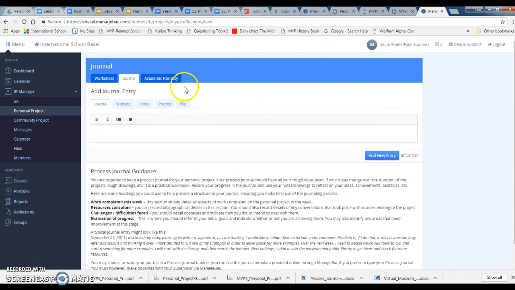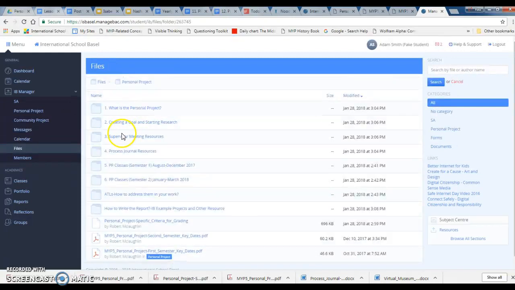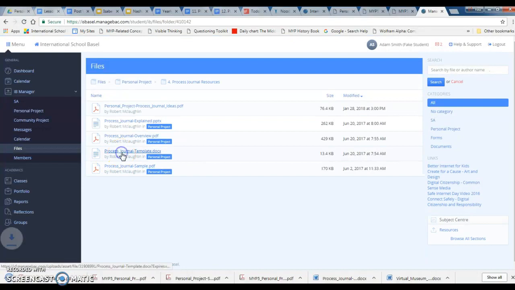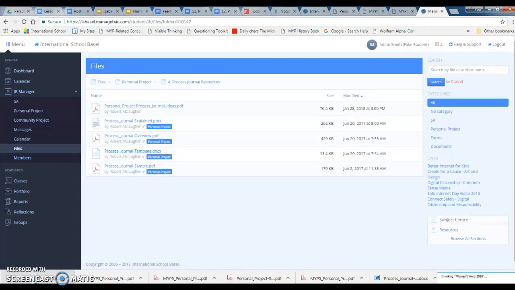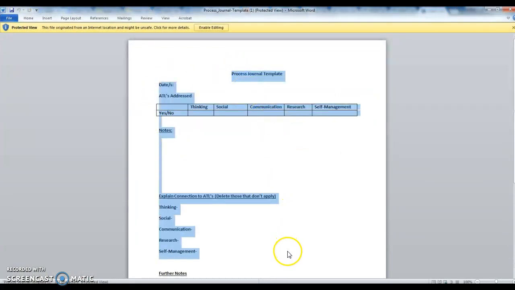Once you've finished your academic honesty forms, you should work on process journals, especially process journals related to the exhibition and what you learned from that process. So one suggestion is to go into the Files section and use the process journal template. Okay, and using this template,